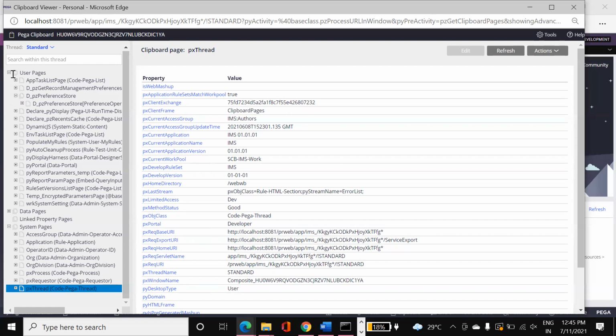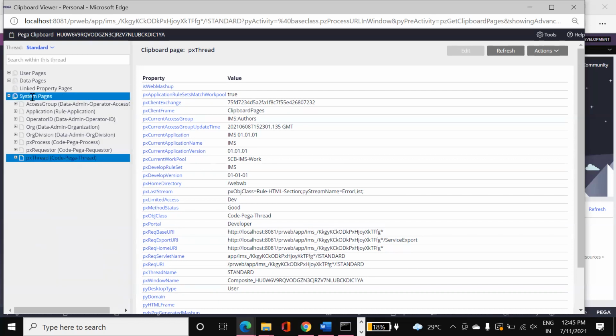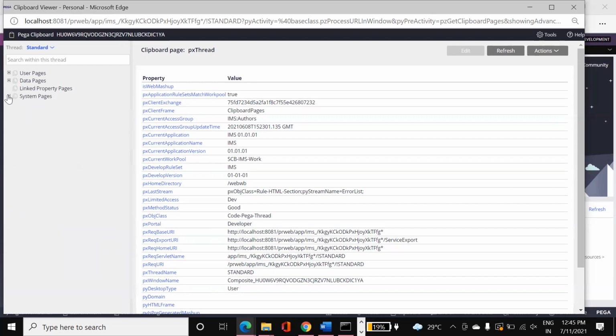That means the clipboard is a combination, a collection, of a group of pages. That is a short form you can use. Okay, so this is about the storing element which we have discussed. And next, coming to the next point,